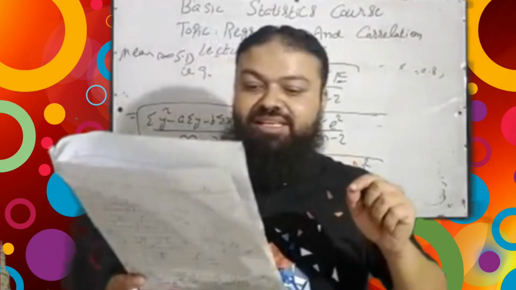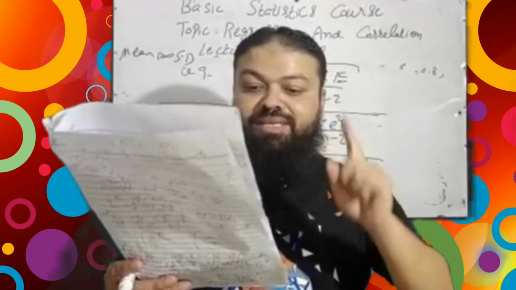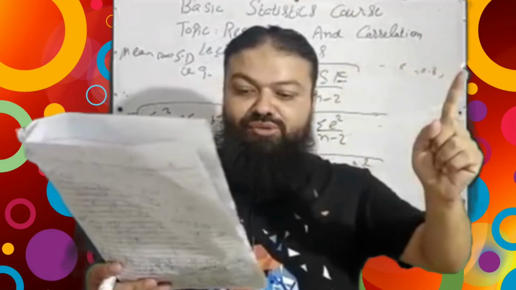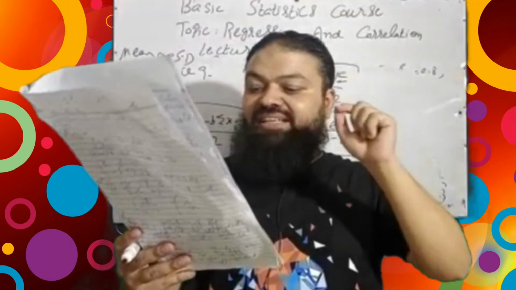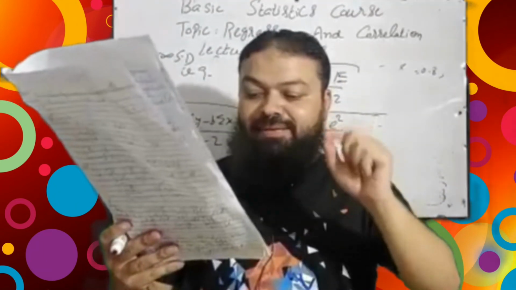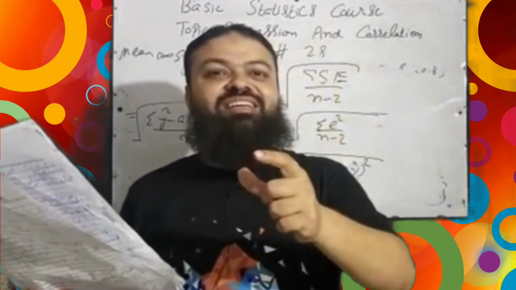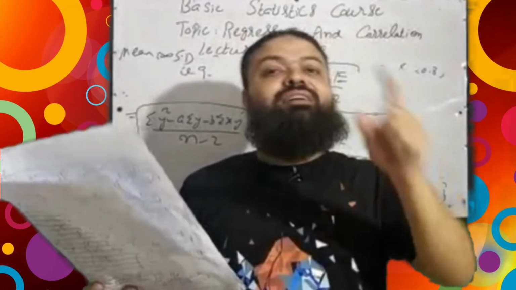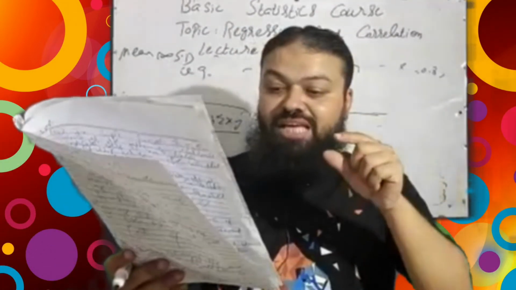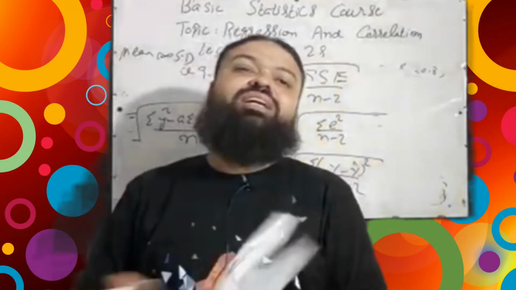Question number 12. In regression analysis, a transformation is used when A, the correlation is near to 0, B, the confidence interval is wider than a prediction interval, C, 2 variables are not independent, D, the relationship between dependent and independent variable is not linear. As I discussed earlier, when you want to make the relationship between x and y linear, when there is non-linear relationship, you will have to use the transformation. It means D will be the correct option in the exam.